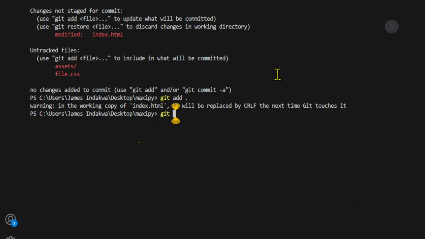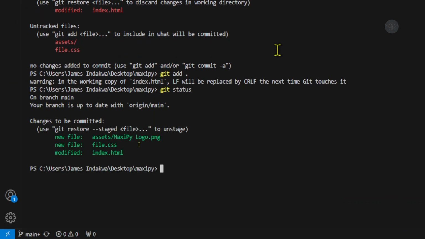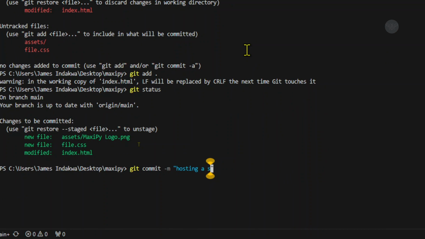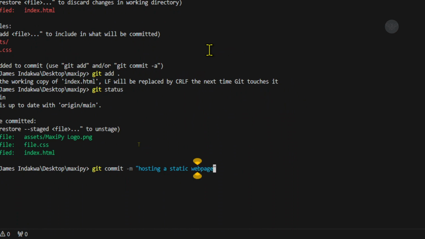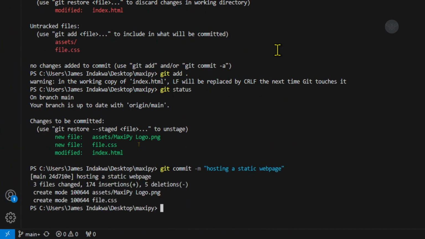What about git status? So git commit, hosting a static web page. Now everything is okay. I need now to push the project. Git push